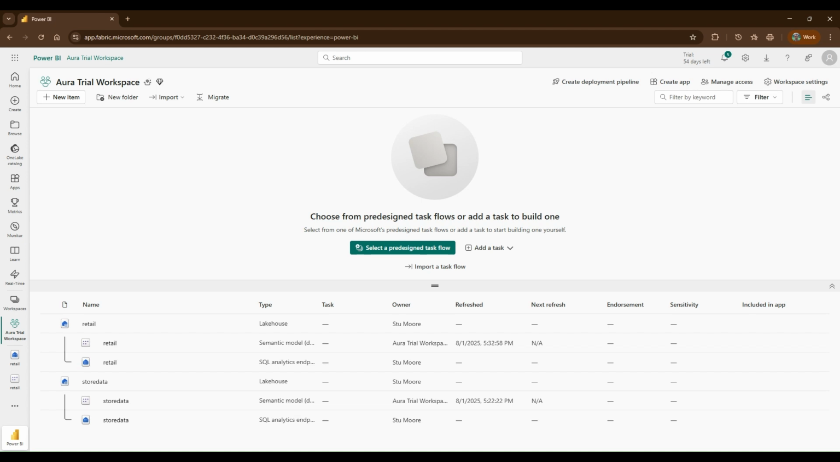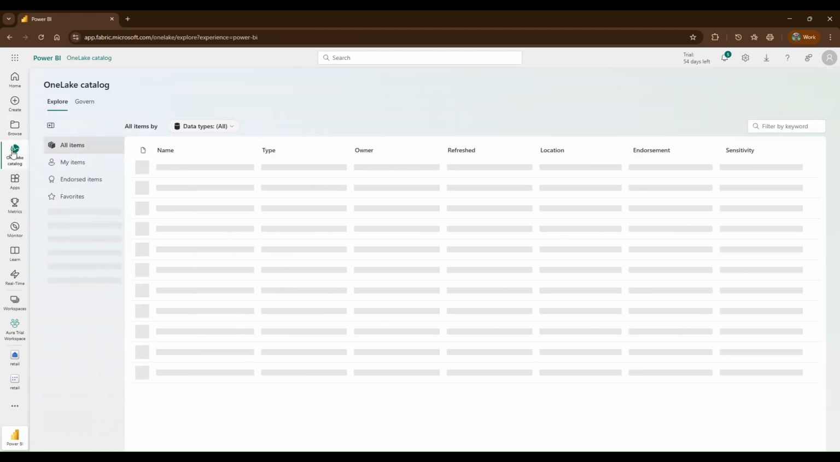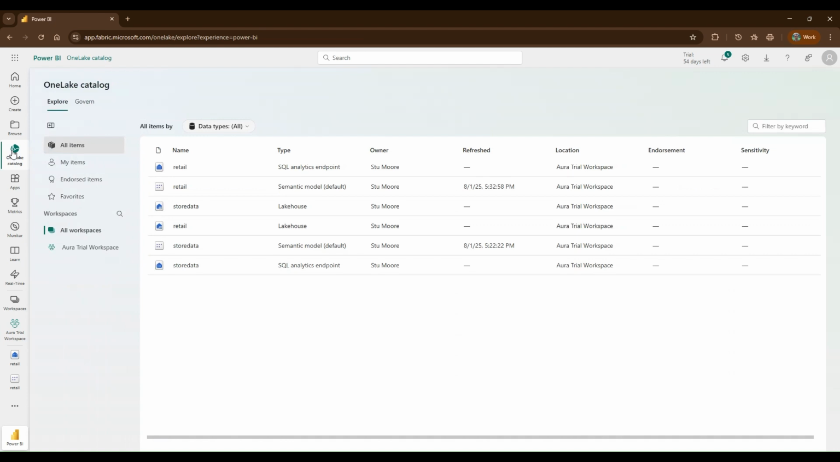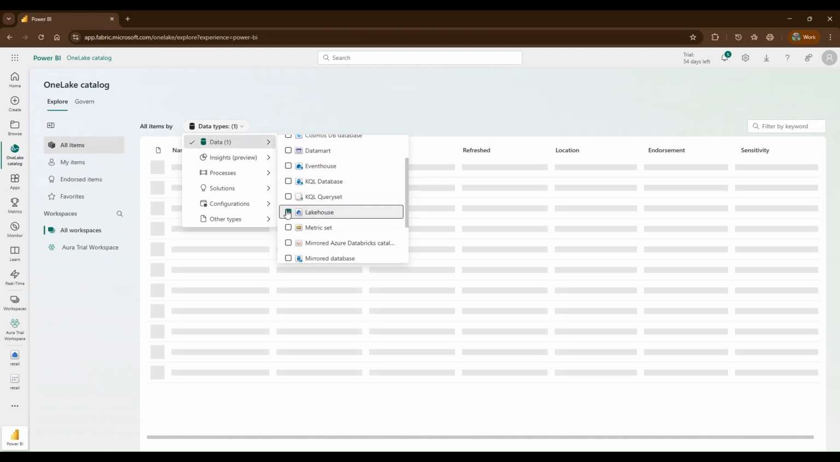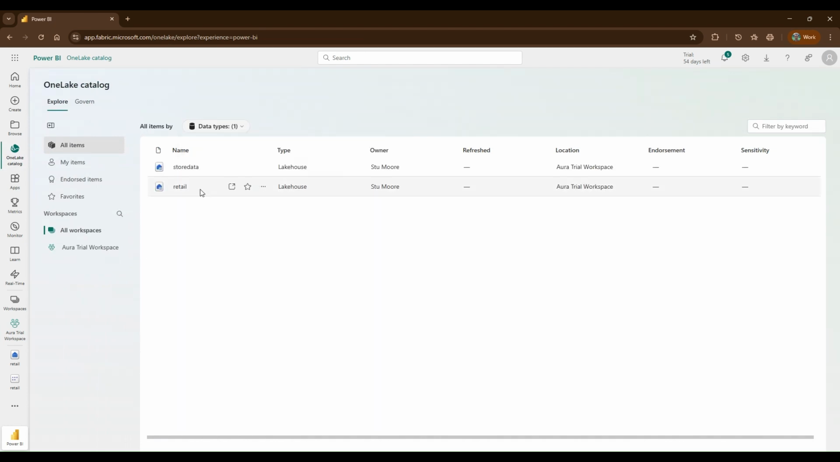So let's start off with the items that we'll be using. So we've got our OneLake catalog. Here you can just filter by our lakehouses. There are two lakehouses in this workspace. There's retail and store data. Store data is the original lakehouse, and retail is a lakehouse that uses shortcuts to refer to the